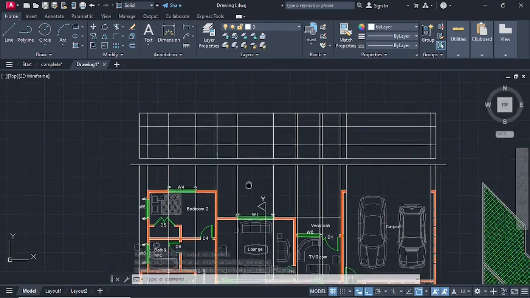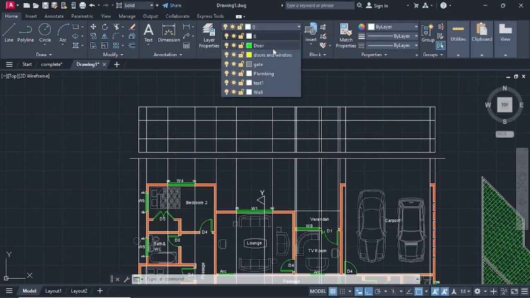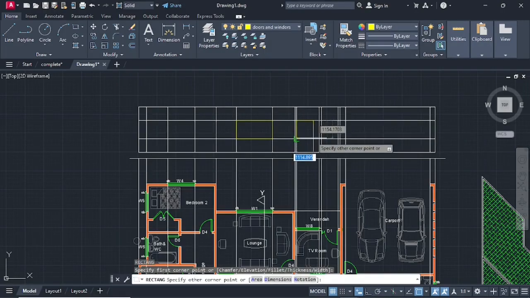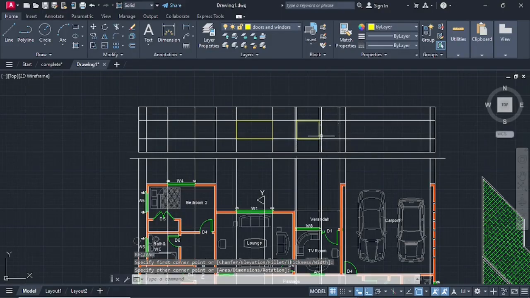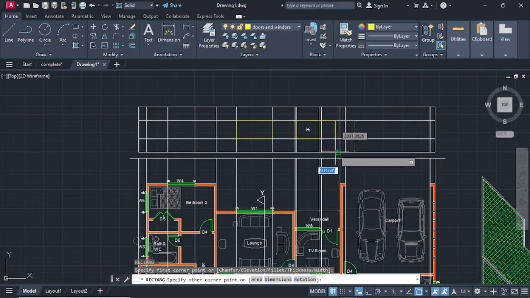Now let's make our window. So let's change our color to doors and windows. Then here we can go where it says rectangle there. Then here we have a window there, that part too. There, press on enter. For the previous command, here we have a window from there too. There, enter again. Here we have a door down here too. There,